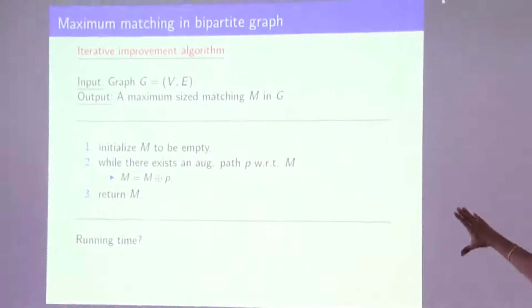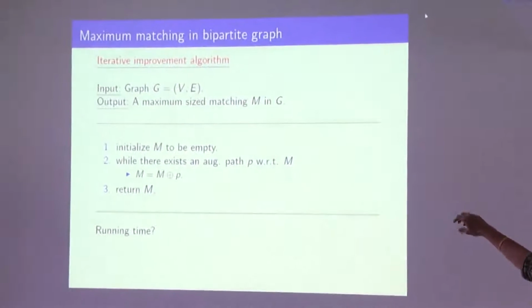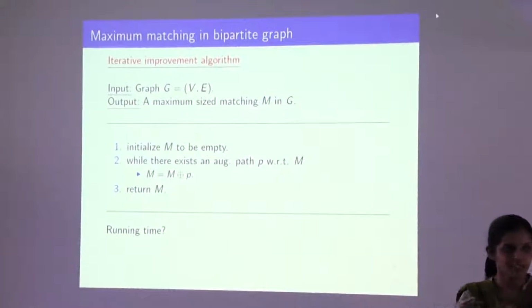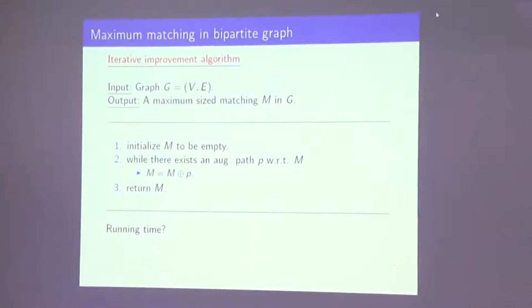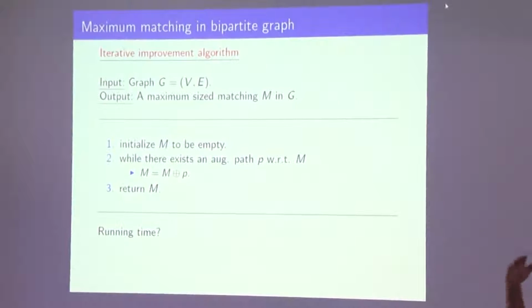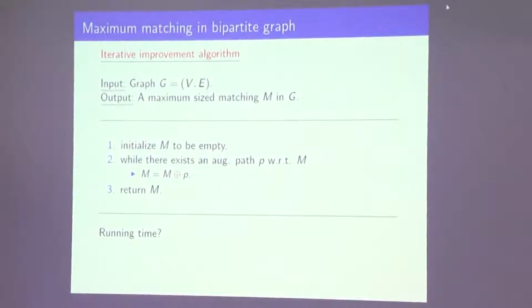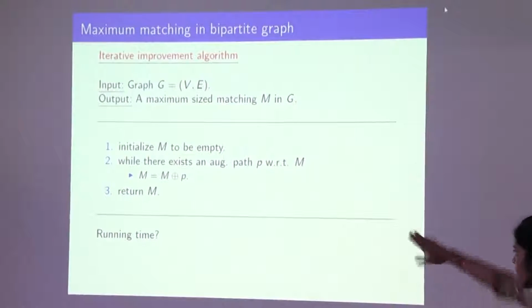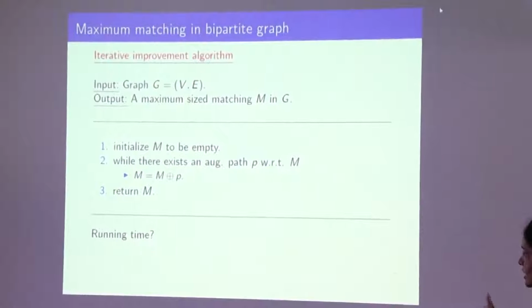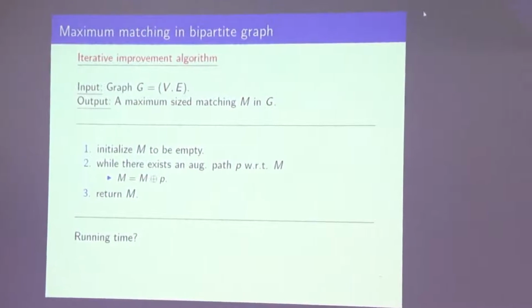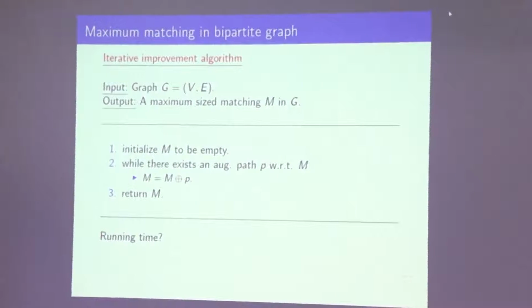Okay, good. So now we had this iterative improvement algorithm, and we have now refined it and given the exact details of "while there exists an augmenting path", this line we have blown up by making that bigger reachability graph and asking these reachability questions. So to analyze the running time of this, what do we need to know, or how do we analyze the running time?